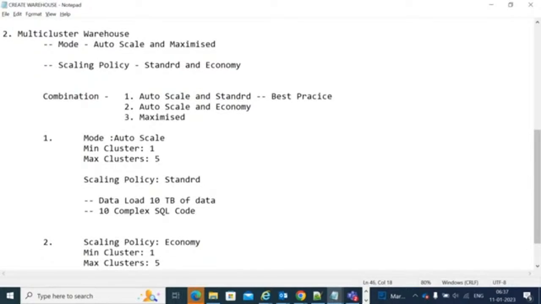Here also you will select the maximum and then minimum number of clusters like this. What will it do if you select the economy, in case of a standard, whenever you upload the data or whenever you submit your complex queries, it will calculate and then it will increase. What will this economy do? Suppose you submit 10 SQL queries to your Snowflake, it will calculate